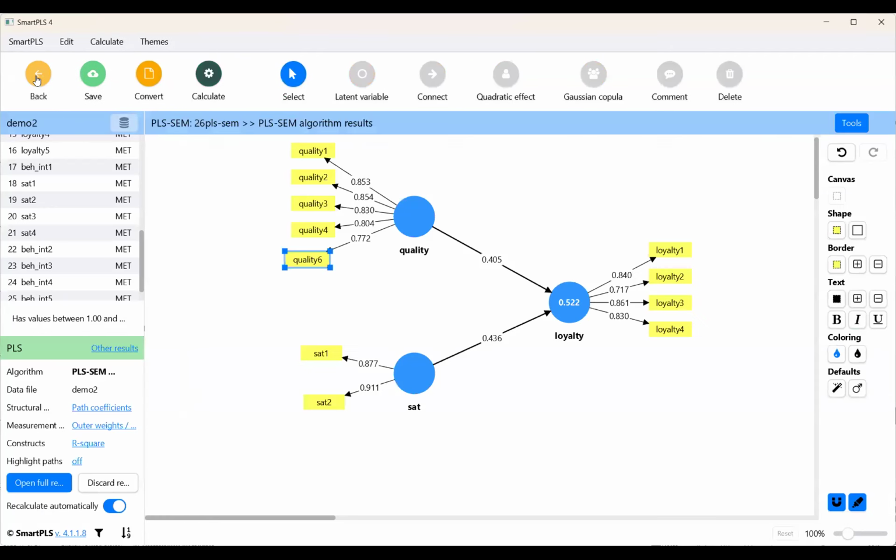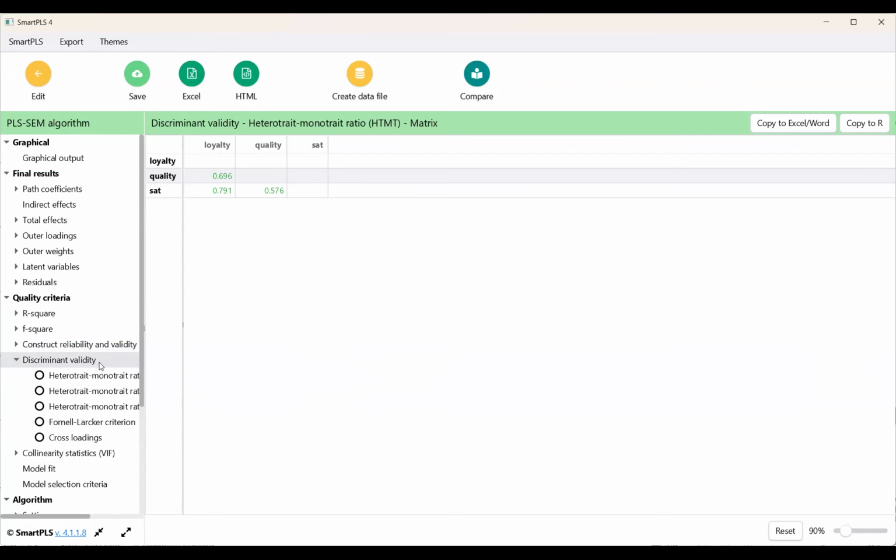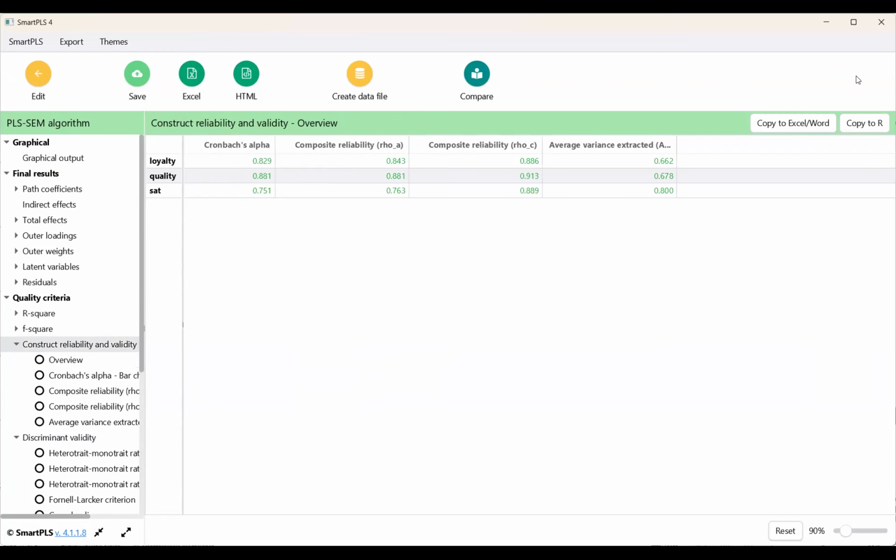So what we can do? Open the full report. We take construct reliability and validity, copy to Excel, and put the value into the Excel. This is my table here. We have extracted the AVE from there.